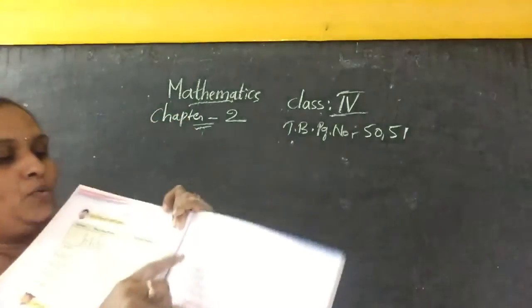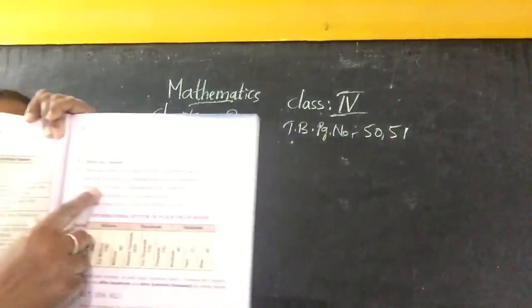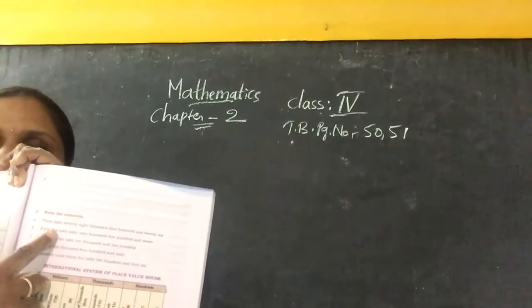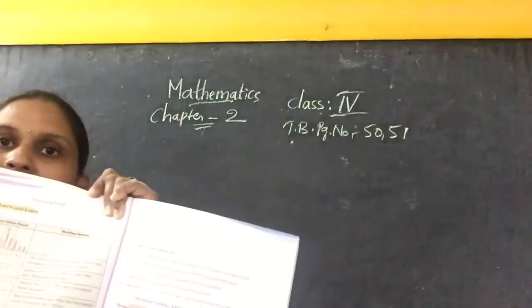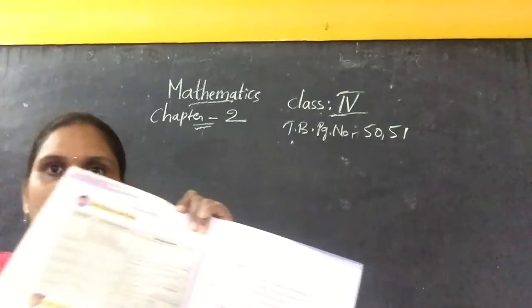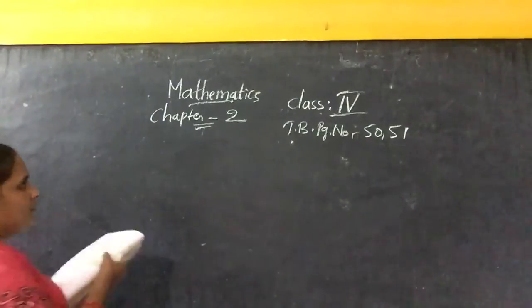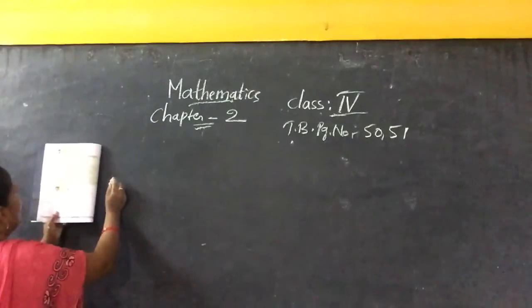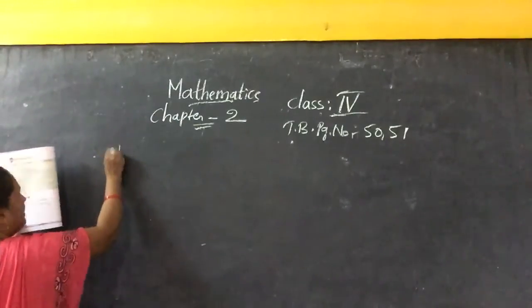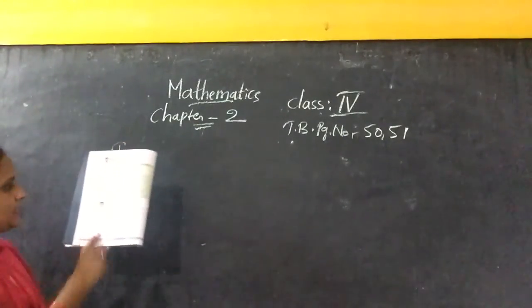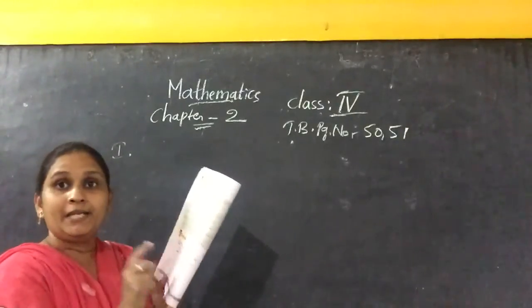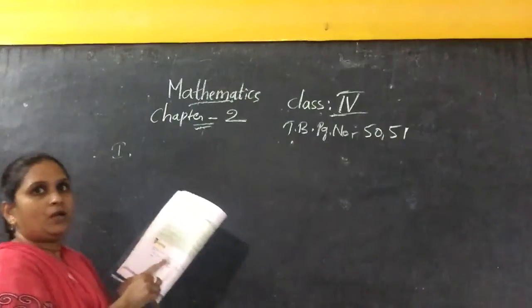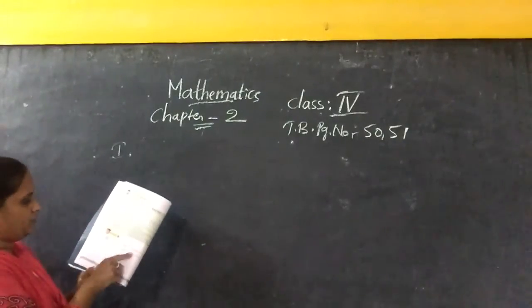And from section 2 also I'll write one sum. I'll write the first one on the board; you also copy in the textbook, and the remaining sums are homework. Now the first one: insert commas and write the number names according to the Indian system. According to the Indian system we have to write this one.